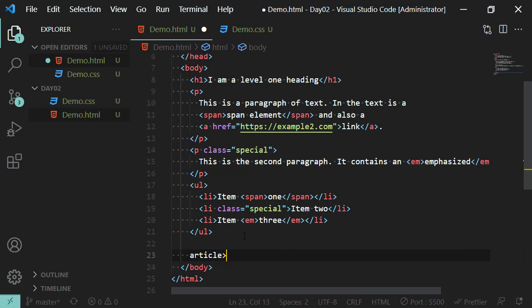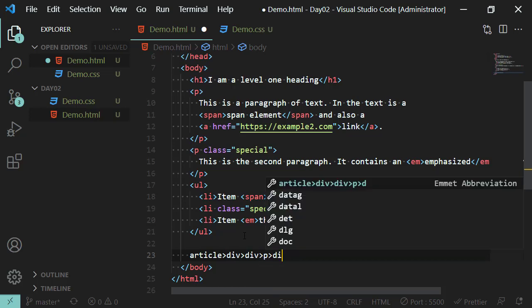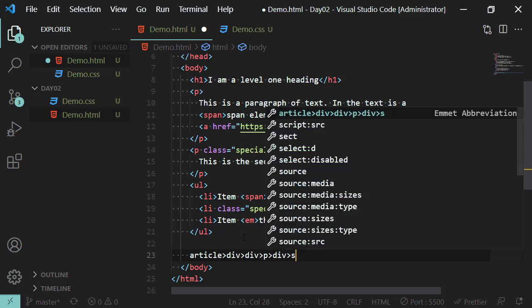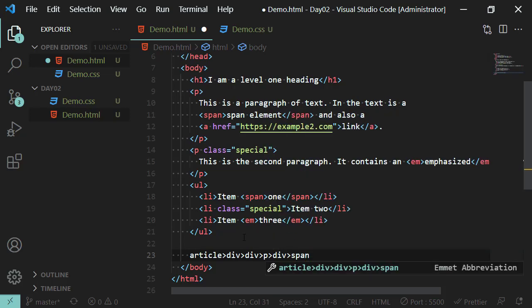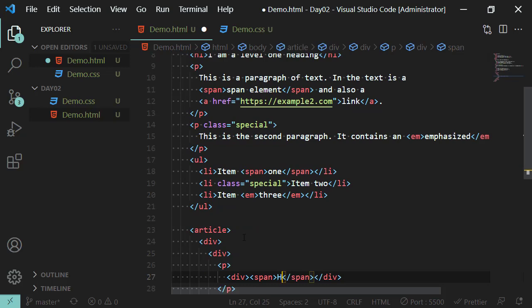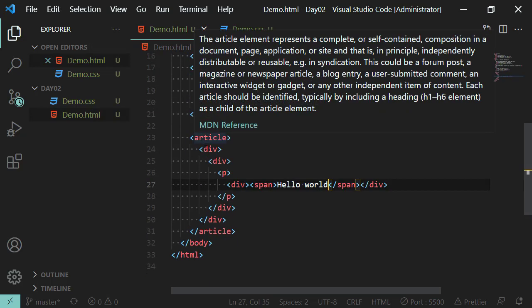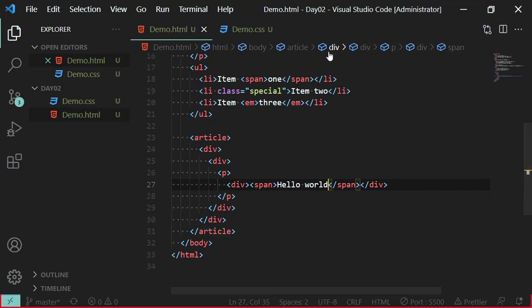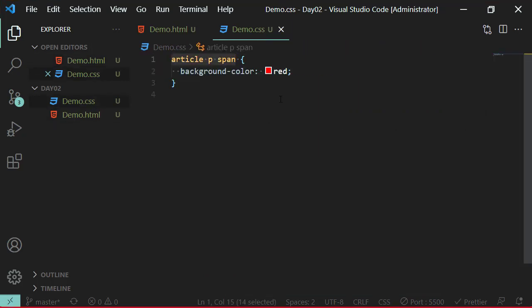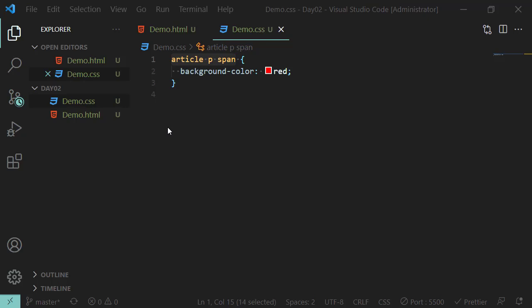I'm going to use once again my favorite tool, Emmet. I'm going to put a couple of divs just to showcase that it doesn't matter how many elements you have inside P. I'm going to put a div, and then inside div I think there was a span, right? And I'm going to hit this, and I'm going to say hello world, and then this combination of elements, and then this selector here, they are going to take effect, and eventually, hopefully, we're going to see hello world with